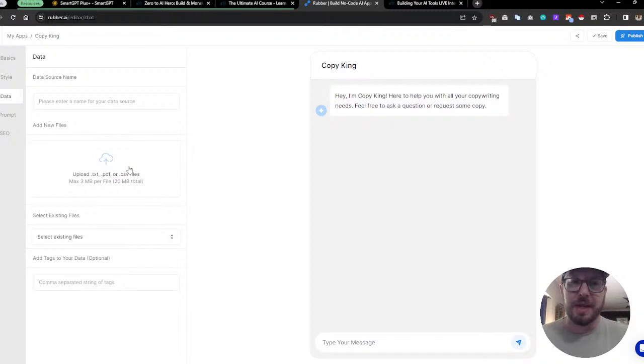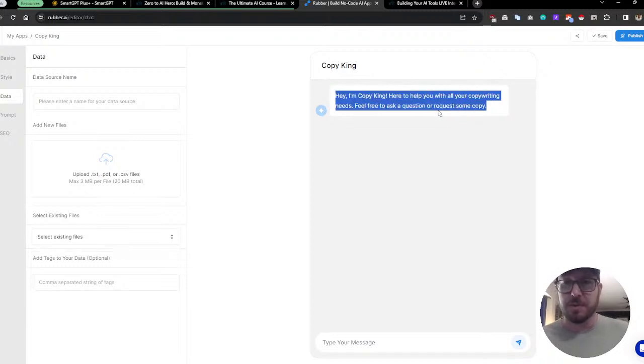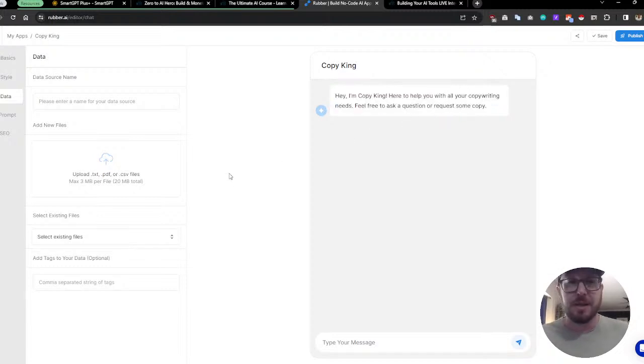If you want to upload data, I believe you can do one chatbot with uploaded data for free on Rubber. If you want to do more than one, I believe you need to upgrade. But you can upload a PDF, text, or CSV file, and it will have that file loaded as an embedding, which can be used as context for your chatbot. So for example, in this case, if I was to publish this, I may upload a file that contains